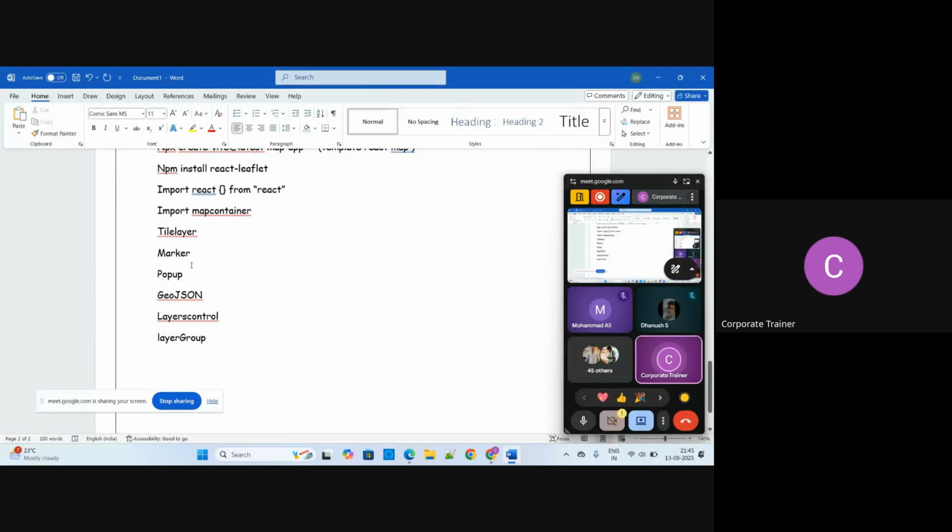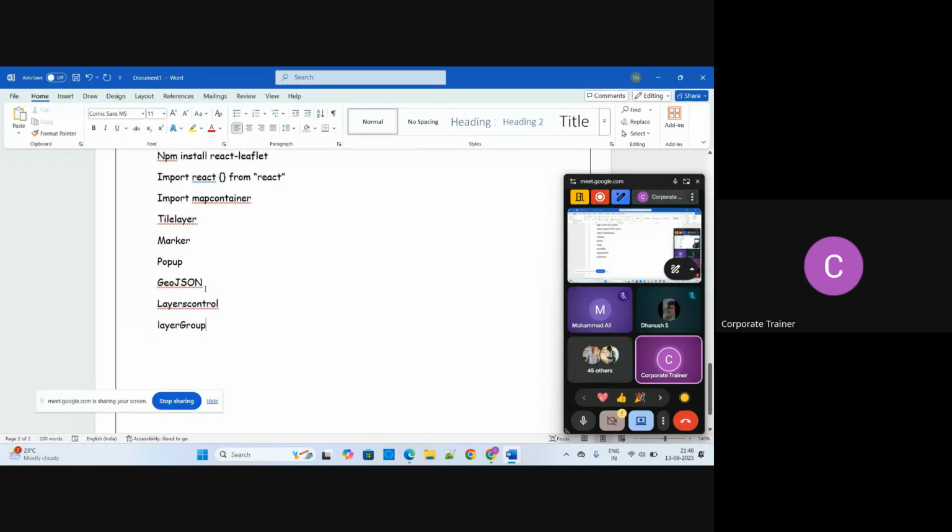I'm talking about the marker. A marker is nothing but a pin, like you are marking something that here I have to go. A popup means an info box that shows when you click on a marker. GeoJSON is nothing but it draws the shape of any polygon or rectangle, the boundary for a zone. So whatever we are showcasing, we can do using GeoJSON.